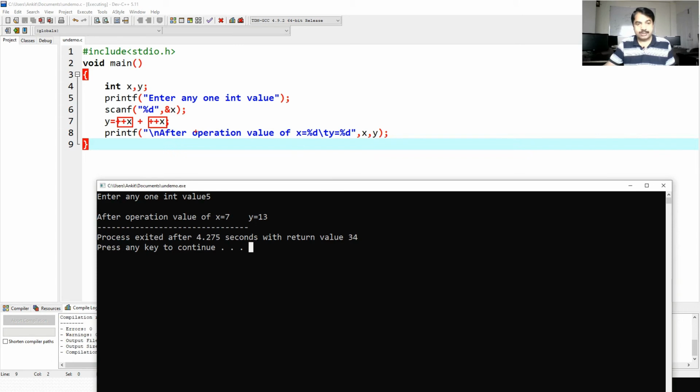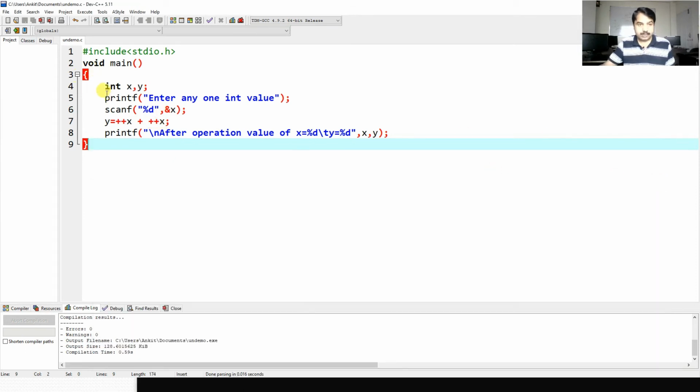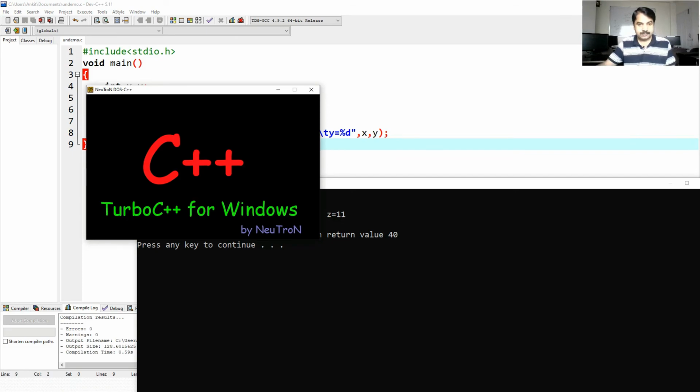But the output may vary from compiler to compiler. When we use the Turbo C compiler, in that case we will get the value 14. Let's see through an example by running it in the Turbo C compiler.